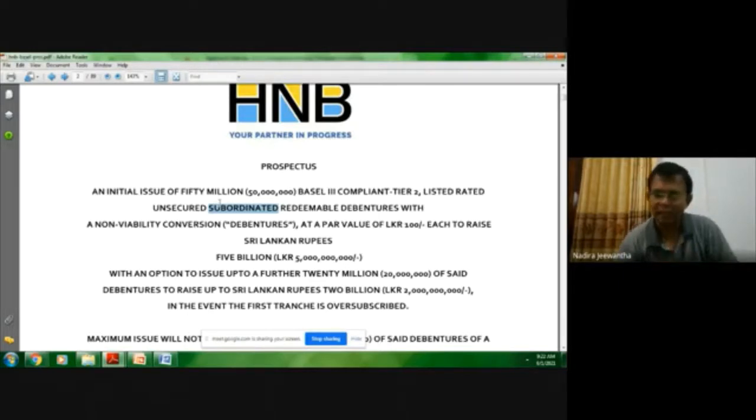Example only: when HNB goes bankrupt, say this debenture is a 10-year debenture, and the bank goes bankrupt in a year's time. So then you have left something before you settle the